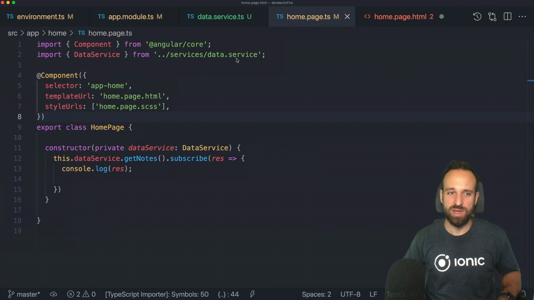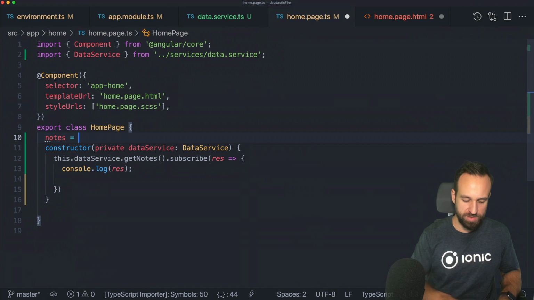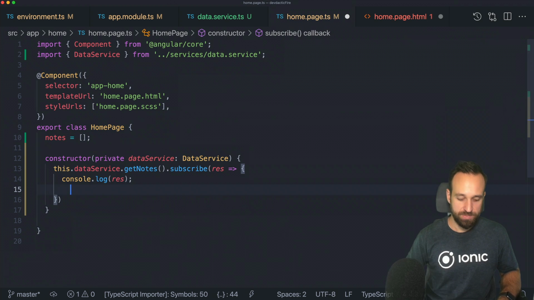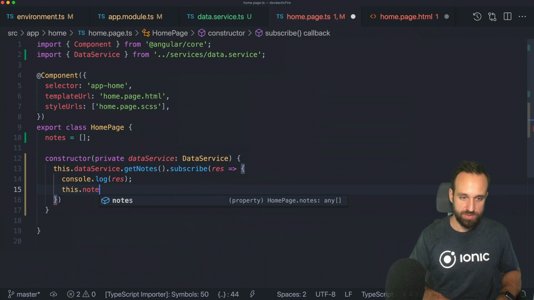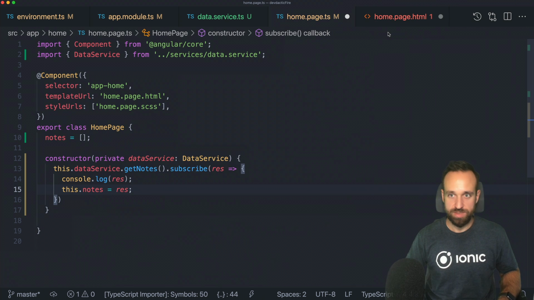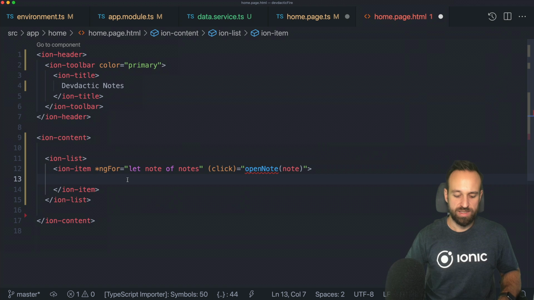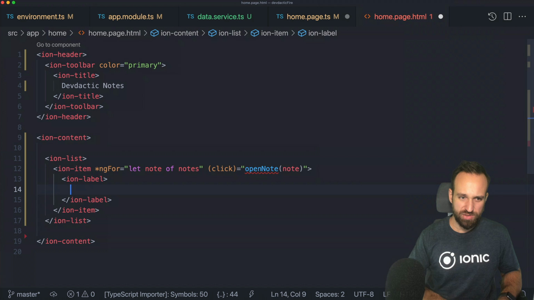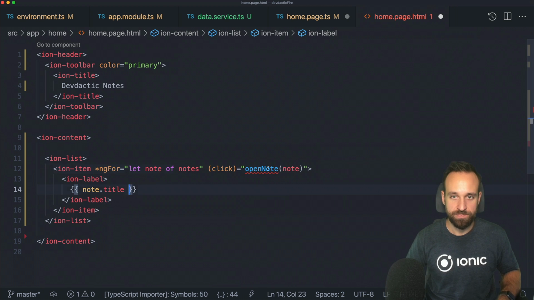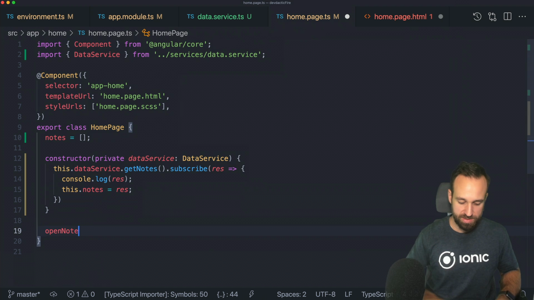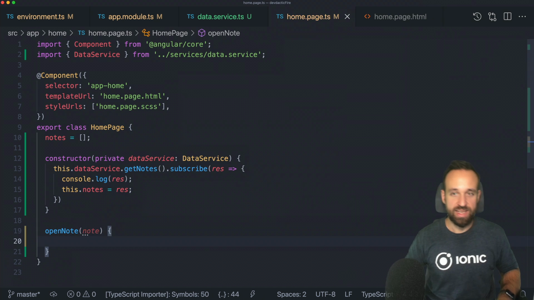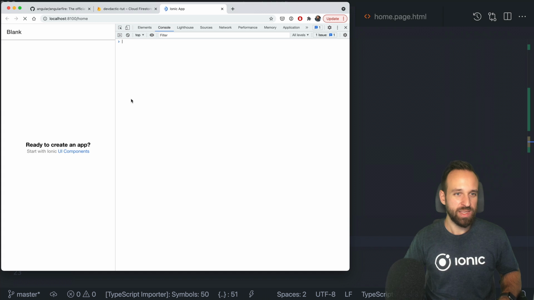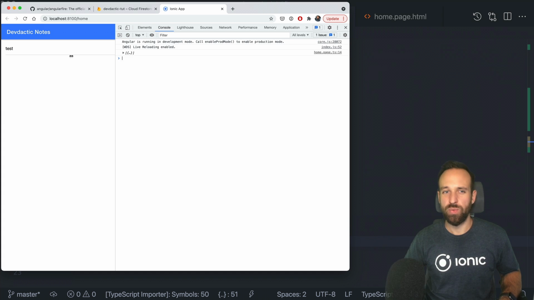We haven't defined nodes yet, not a problem. Let's make this an empty array and then set our nodes to the response in here. And all the nodes just have a title and text later on. So let's just for now only display the title in here and perhaps create that function because it will make the IDE very happy. Okay, we should now see one element in here, and we actually do,